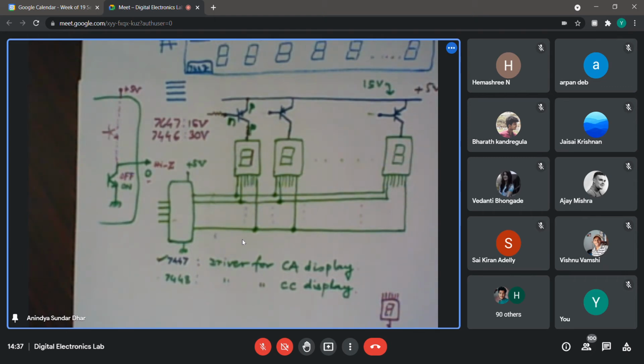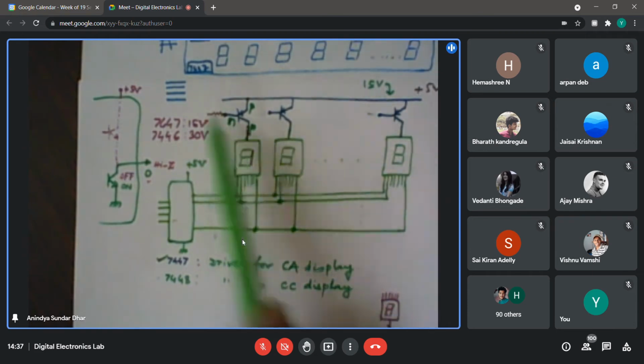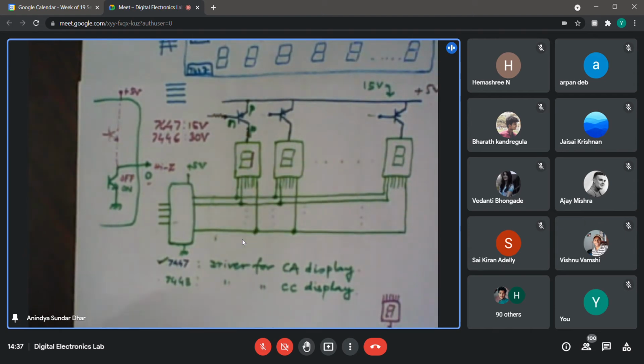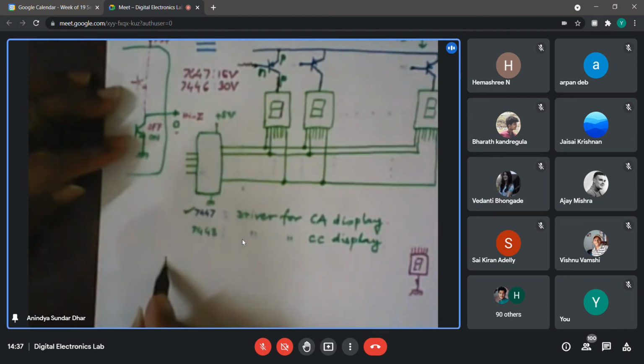Controlling the switches, can we use a multiplexer? Sorry, not a multiplexer, there is a control switch, current control switch or voltage control switch. I do not know whether it will work, but I'm coming to that. Let us say that if the transistor is in place, what do you do? Can we use the demultiplexer? For driving the transistors, you are saying, right? Yeah. Demultiplexer, I think you are very close, but think about the demultiplexer functionality. What is the demultiplexer functionality?